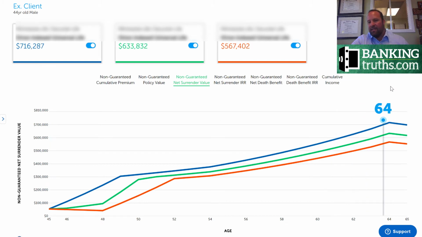And if we just skip right to age 64, it's not a bad figure to have, knowing that your money was safe, it was liquid, it was working for you, it was propping up death benefits the whole time. You can see obviously the blue line's ahead at $716,000, but $633,000 isn't too bad of a result, even considering that you light funded along the way in the early years. And even 567 for something where you skipped 3 years and it took you all of 8 years to get the full premium in there, that's not too bad.